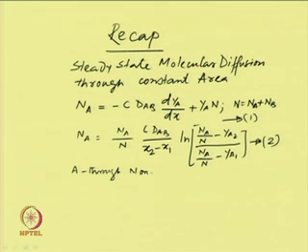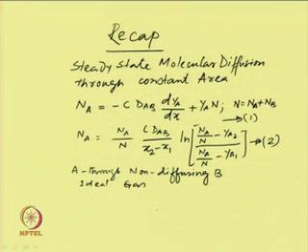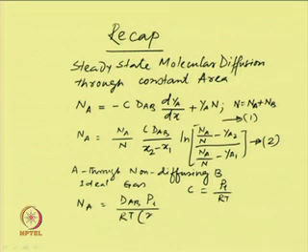And if we consider the case of diffusion of a particular component A through non-diffusing B, that means the B component is stagnant, and also if we consider an ideal gas mixture, in that case this C we can write as PT, the total pressure, by RT. So we can write the flux equation Na equals dAB PT by RT (x2 minus x1) times ln of (PT minus PA2) by (PT minus PA1),